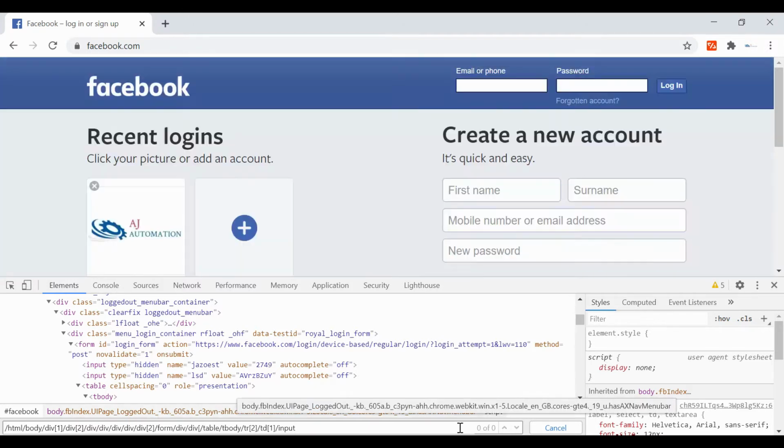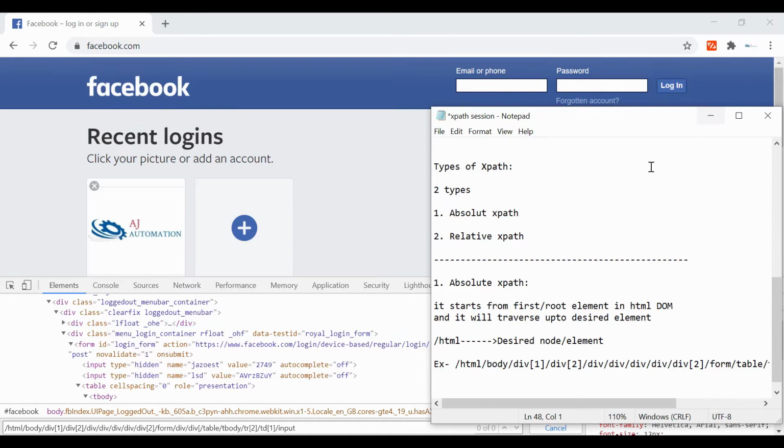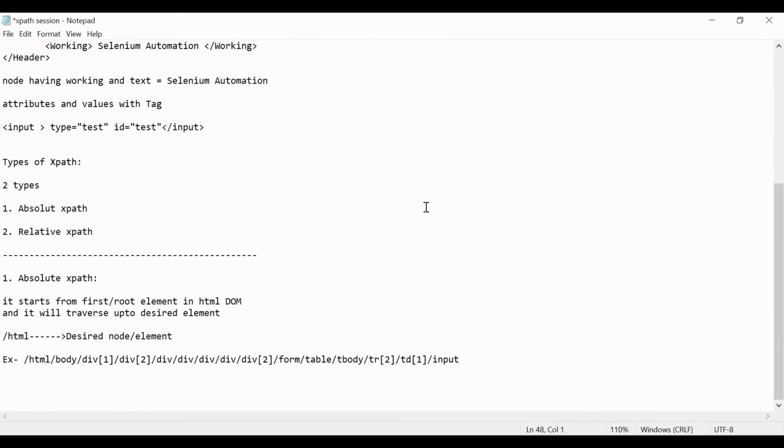Okay, so let us move to our second type, relative XPath.